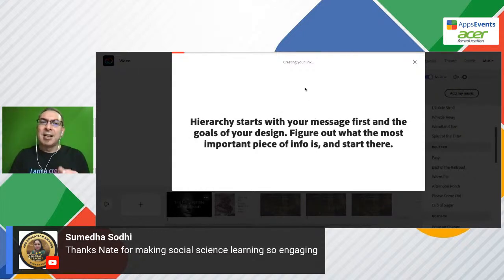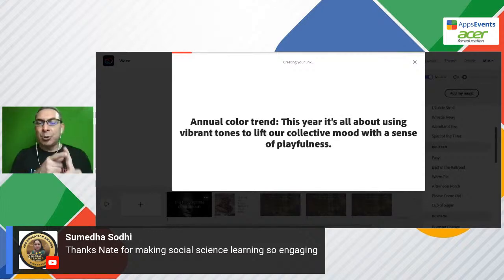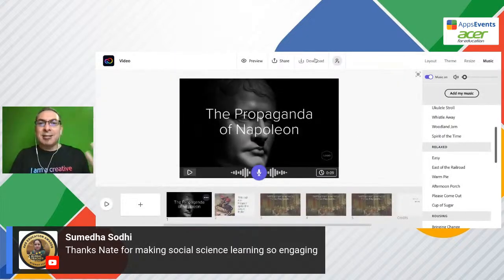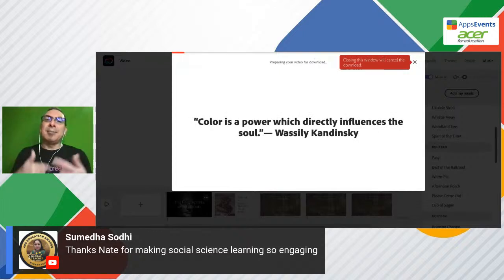But what happens is you'll get a pop-up and it gives you options to share it on Microsoft Teams, Twitter, Facebook, Google Classroom, or you can just copy the link and you can get the embed as well. So you have these different options that show you how to share. Now, also, when you're done, you can click download. And this is what I get my students to do.